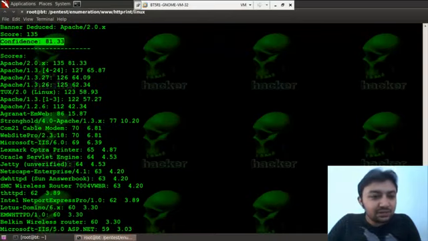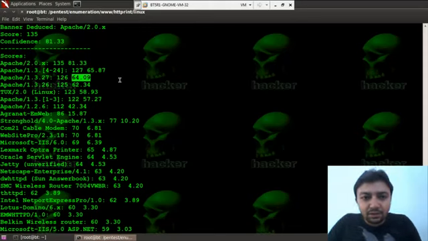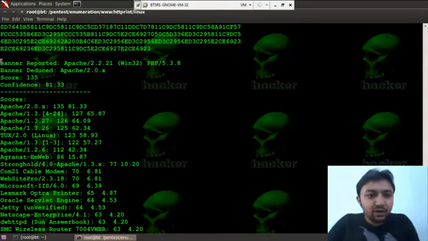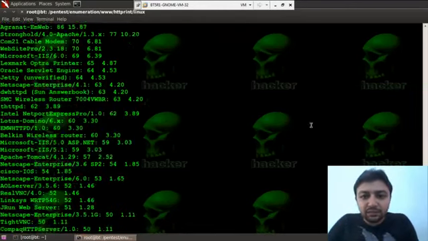The confidence means the signature file matched the resultant output with Apache 2.0, Apache 1.3, and here is the scorecard and here is the confidence level on the particular Apache 1.3.27 when matched to the output generated by httprint. So we got that the Apache server is running on this particular website.